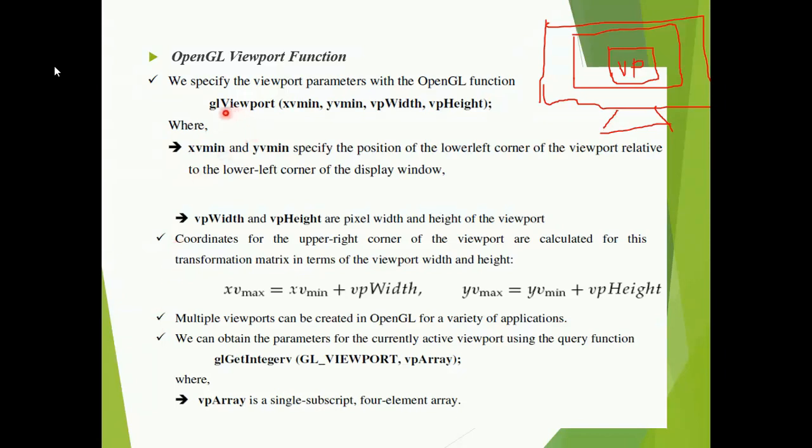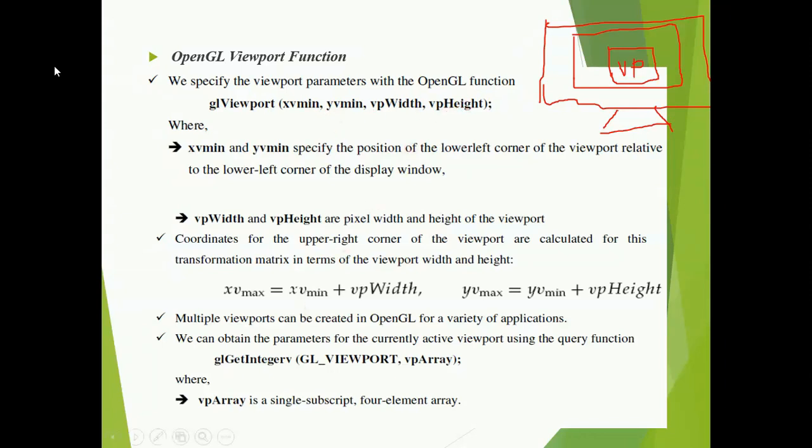This viewport can be defined with the function glViewport(xvmin, yvmin, vpWidth, vpHeight). So you are going to define xvmin, yvmin, that is the leftmost corner of the viewport, and you will also have the width of the viewport and the height of the viewport. So you are going to define it with 4 parameters here.